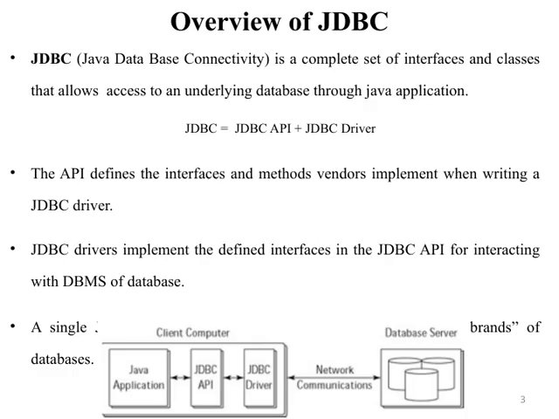Now, JDBC is made up of two main parts, the JDBC API and the JDBC driver. The API defines the interfaces and methods that vendors need to implement when creating a JDBC driver. This means that the API provides the blueprint for how Java interacts with databases. The JDBC driver, on the other hand, is the actual implementation of these interfaces, allowing Java to communicate with specific